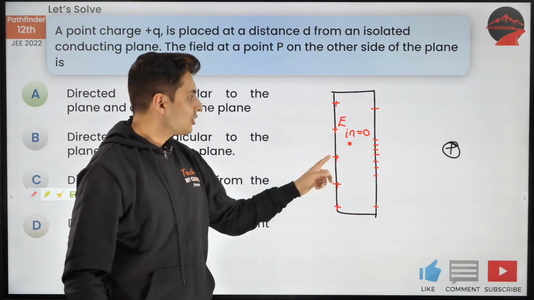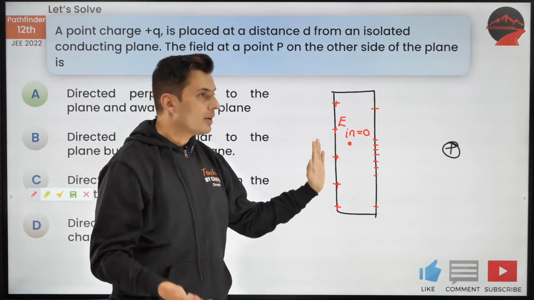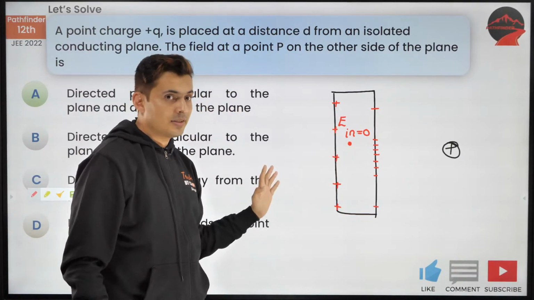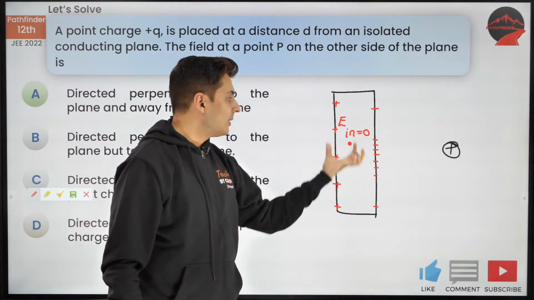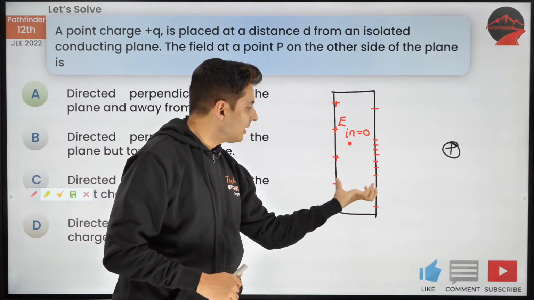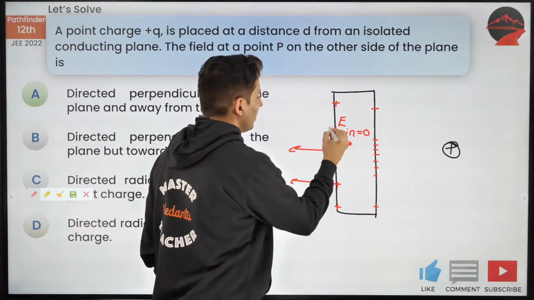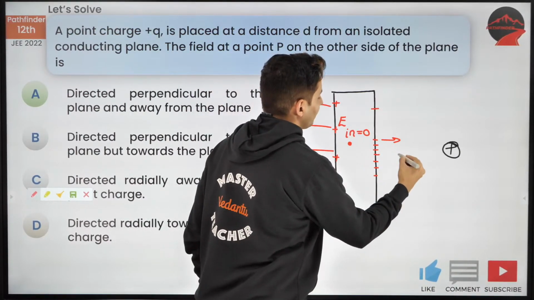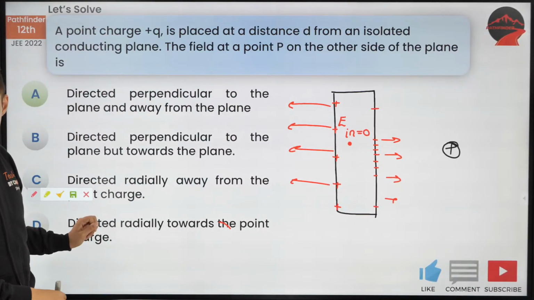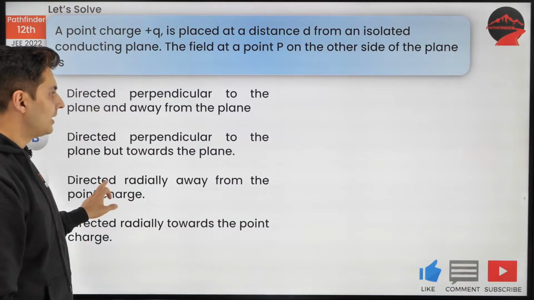Keep this in mind. The positive charges will in no way know what is there on the right side. The negative charges will in no way know what is there on the left side, because there is an isolation, a cut in the field lines. The field lines get interrupted in between. They originate from here, all right? But over here they are there, but inside they are not there. I hope this is clear. Understood? So that is very important.